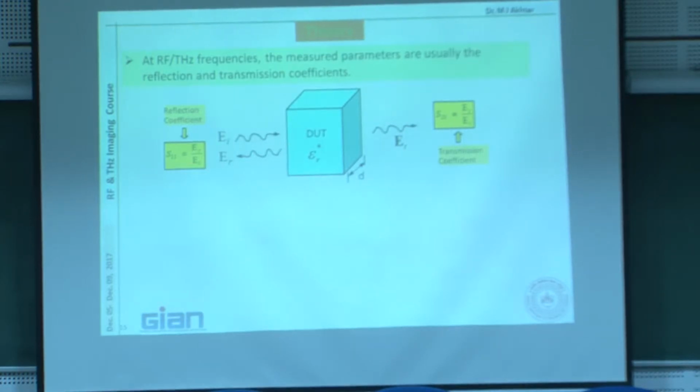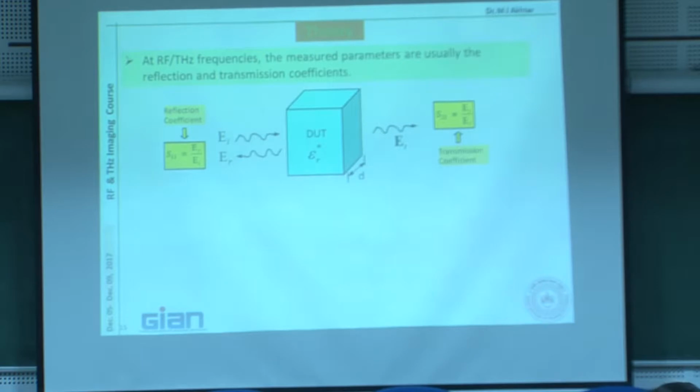Now it's your job to use the reflection and transmission coefficients to retrieve the material property or the object image. Whatever you want to know, whether it's characterization or imaging or anything, the only thing available to you is reflection and transmission, amplitude and phase, as a function of frequency. So you can vary the frequency. You can also measure a number of locations. All these things you have, but